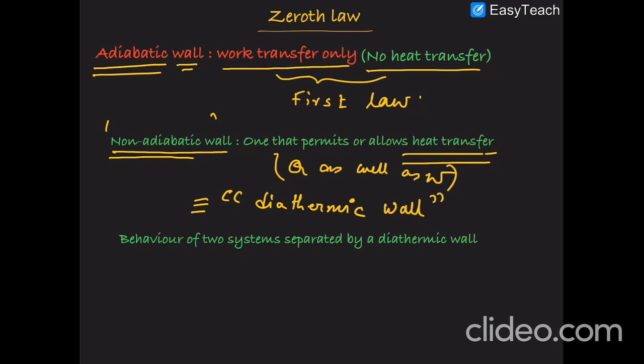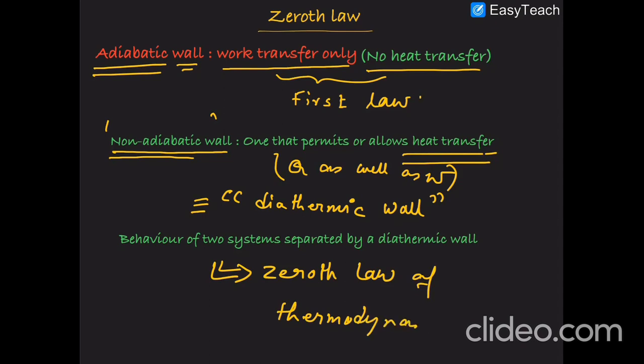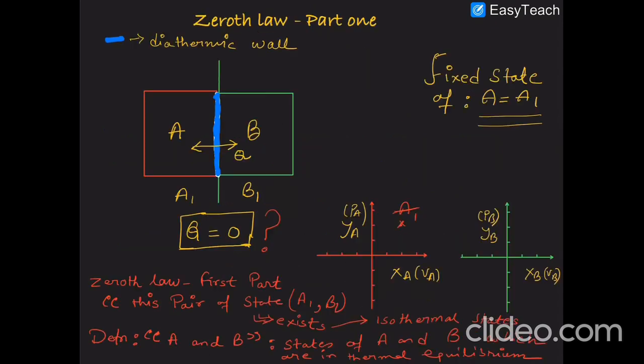This adjective will be important for defining and understanding the zeroth law of thermodynamics, like the behavior of two systems that are separated by a diathermic wall, and that will lead us to the zeroth law of thermodynamics. Now we will understand the first part of the zeroth law. As we know, the zeroth law can be well understood by the adjective